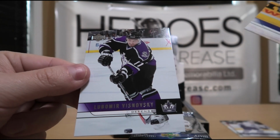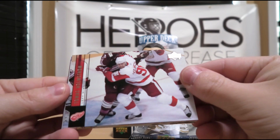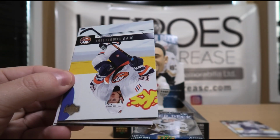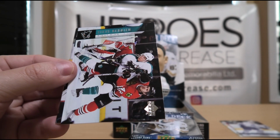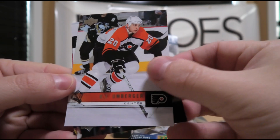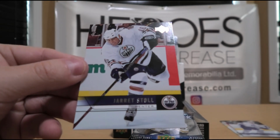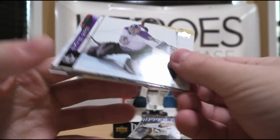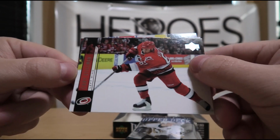Paul Ranger and Lubomir Visnovsky. Okay, Tomas Holmstrom. Rene Bourque. Jeff Tambellini, Marek Zidlicky, Steve Bernier, R.J. Umberger, Alexander Perezhogin, and Jarret Stoll. Matthew Lombardi, Michael Nylander, Corey Stillman,